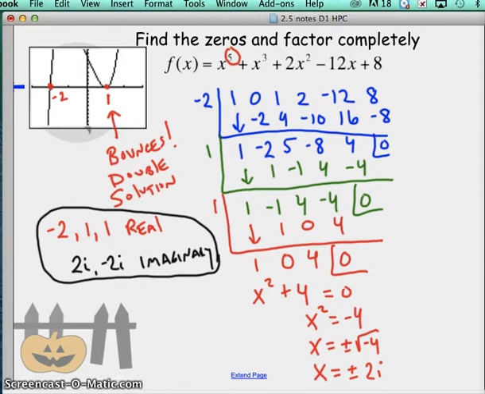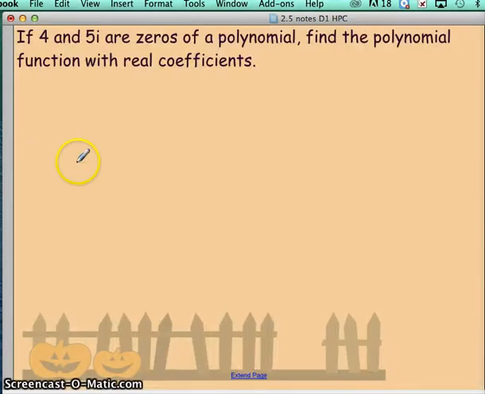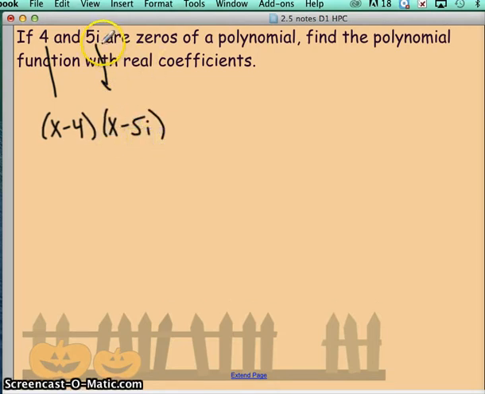Really quickly, if it tells you to write a polynomial with real coefficients, 4 is a solution, so its factor would be x minus 4. 5i is a solution, so its factor would be x minus 5i. And remember, imaginaries always come in pairs. So -5i is also a solution, and its factor would be x plus 5i. And you're going to want